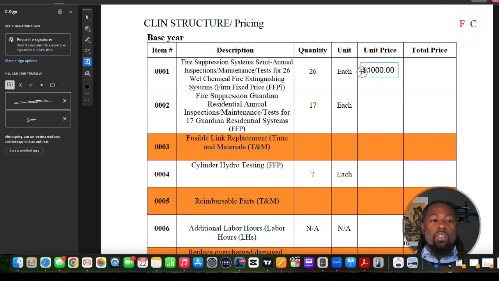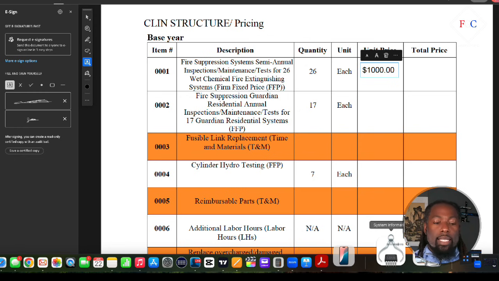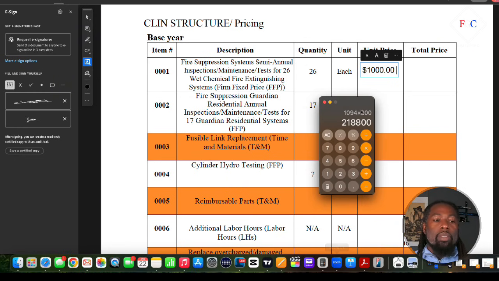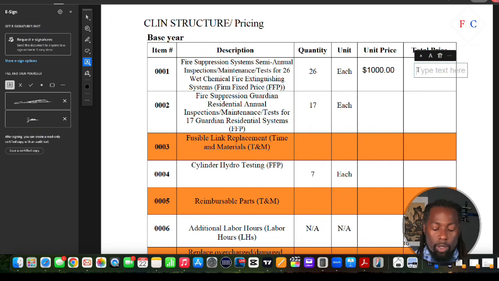That will be the price for one. And then simply, you're going to times that by the quantity. So they want 26 times 1,000 equals 26,000. It will be 26,000 will go for the total price. All right. So then you come here, you go